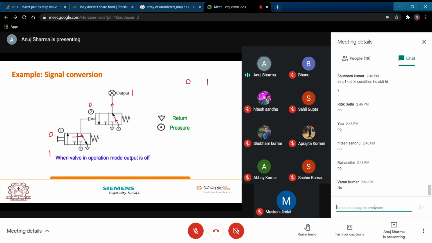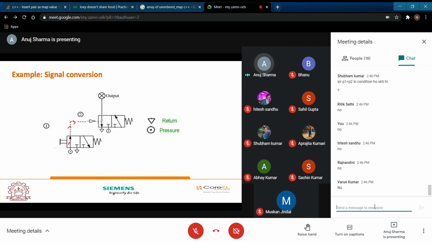Now this compressed air is going to come into action and this particular box is going to be switched to this particular position. Now you can see at this position your compressor is attached to your T. Are you getting any output?